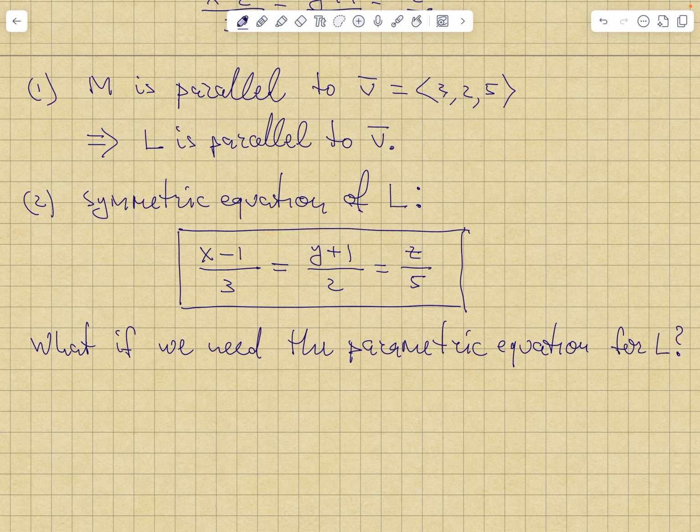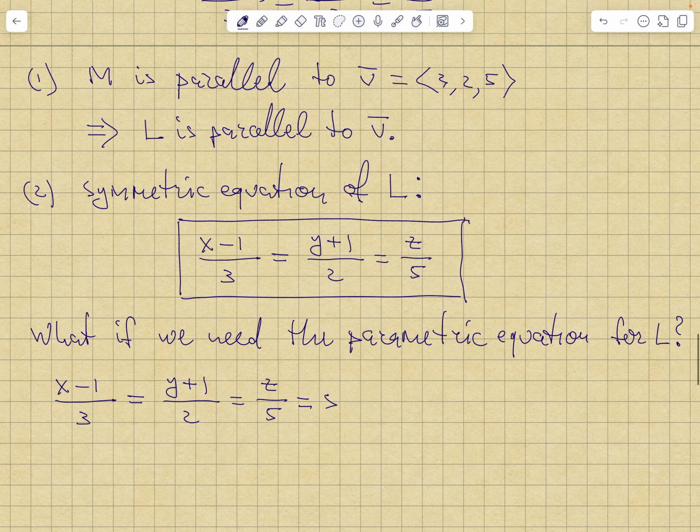I solved the parametric equation for t, and then I set all different t's equal to each other. As I'm going to do here, I'm just going to say that all of these are the same, and they're equal to some parameter s,